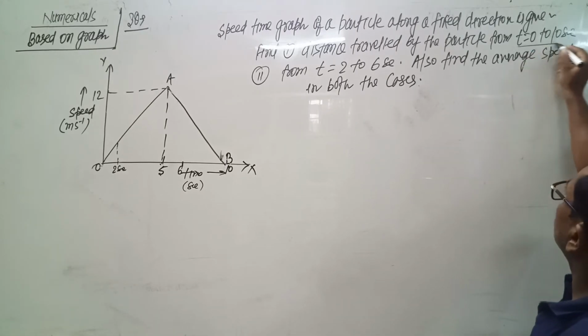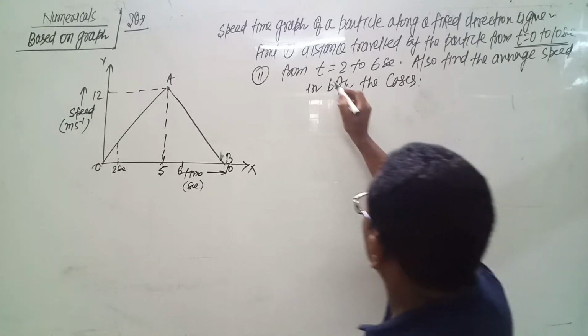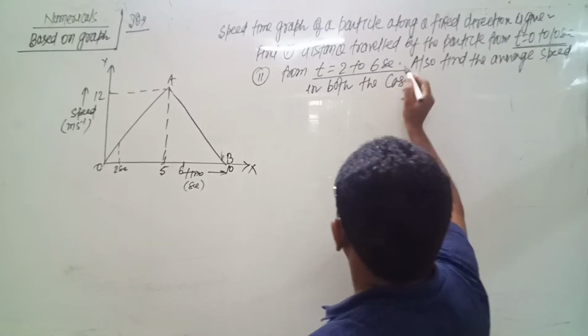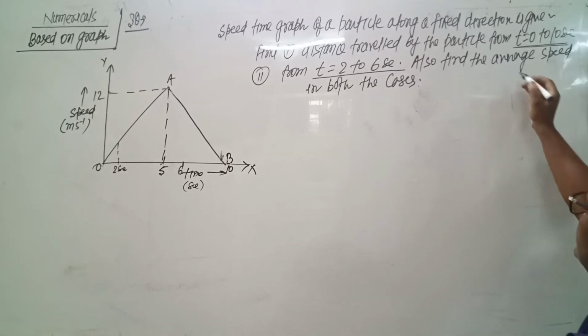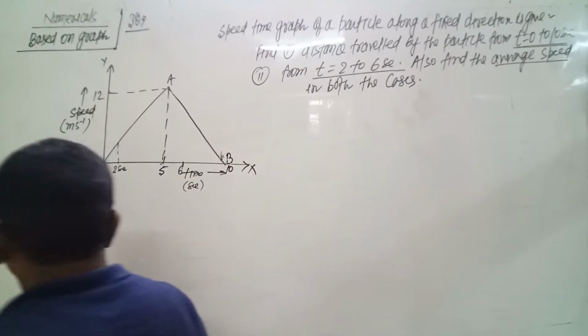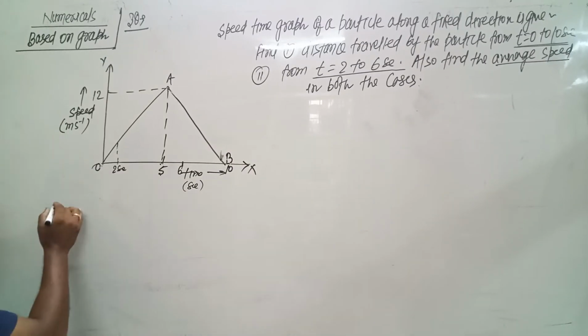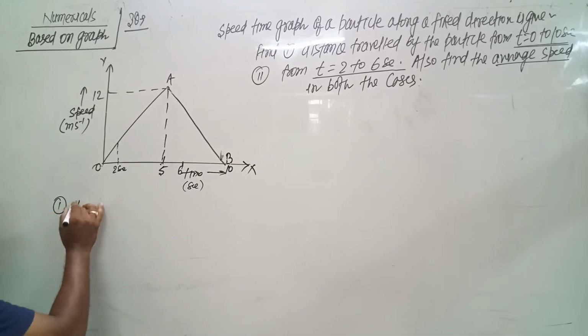Also find the distance travelled by the particle from time t equals 2 to 6 seconds. Also find the average speed in both the cases. So the first part of the question is the distance travelled from t equals